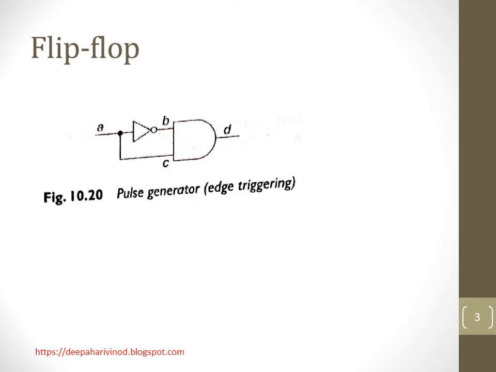That is, once the output is obtained and we change the input, that output will not be stored, and the corresponding output changes are noticed. The previous output is lost. This is the condition in combinational logic. In sequential logic, we have memory, and the output depends upon the present state of the input as well as the previous state of the output.